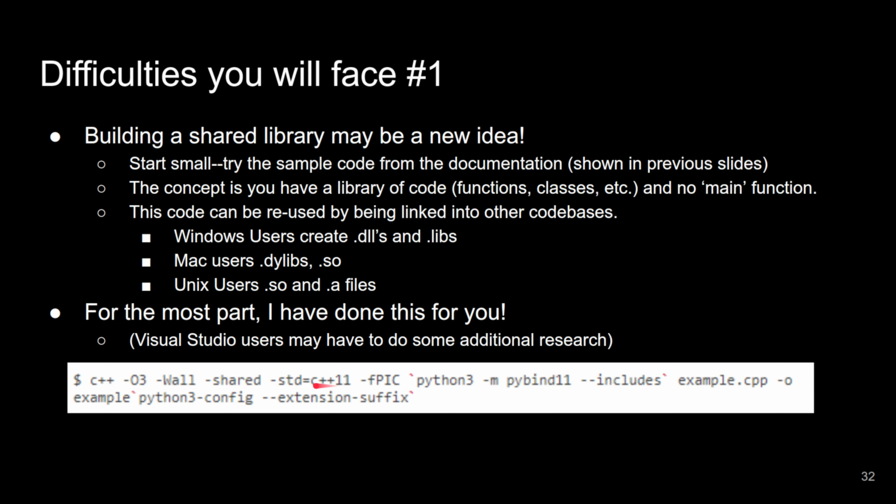The standard we're using, so 11 and beyond. And then this flag here, -fPIC, means we're generating position-independent code. That means the code that we're compiling can be linked into other projects and glued into other projects without causing too much difficulty.